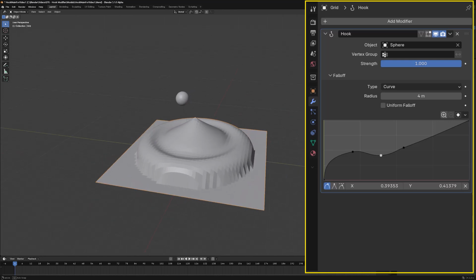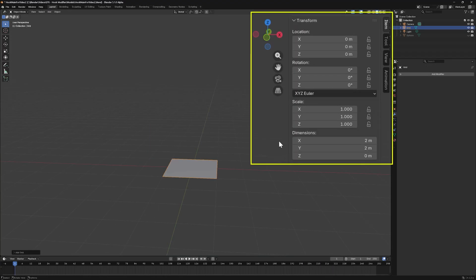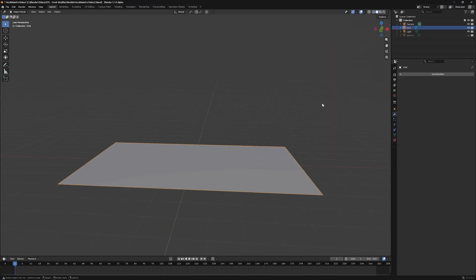The last entry in the fall-off section is the Uniform Fall-Off checkbox. This is only useful if we forgot to apply scaling to the target object. Specifically, if we have not scaled equally in each dimension. To demonstrate, we'll create a second grid and, in the sidebar, scale it by 3 in the y direction and 5 in the x direction. After subdividing it,